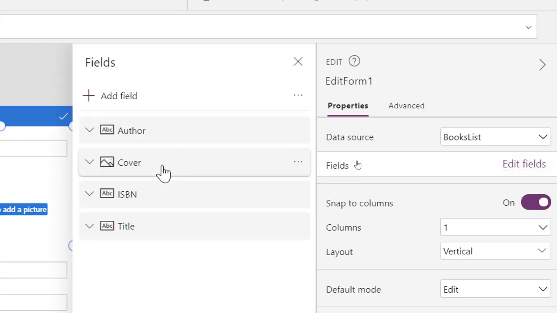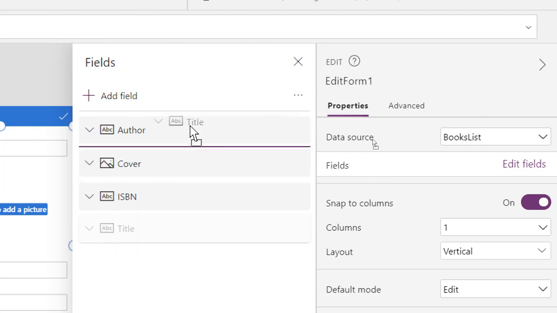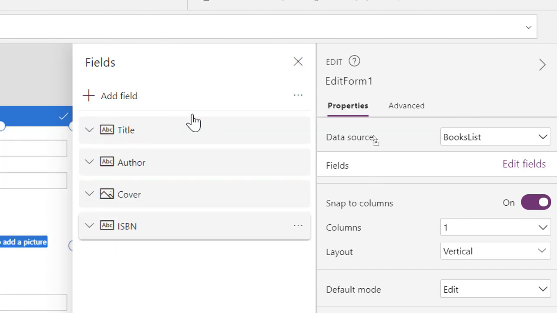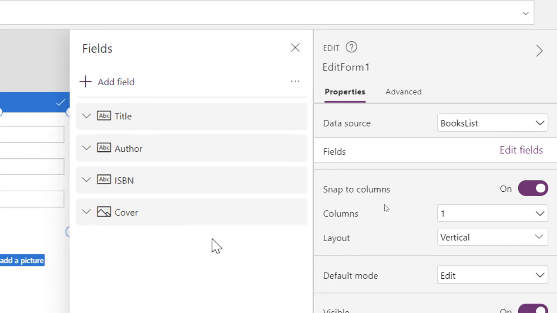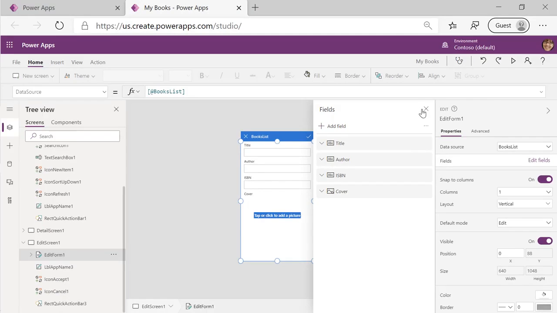This lets me reorder the different columns that are in my table. So I can click and drag title to the top. And if I want ISBN number above the cover, I can move that as well. Move it in a way that makes sense to you. And if you happen to add other columns, you can add them using Add Field. What we'll do next